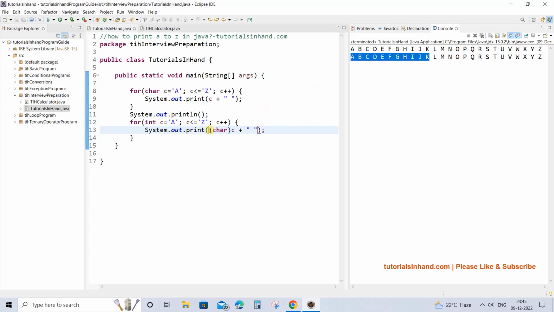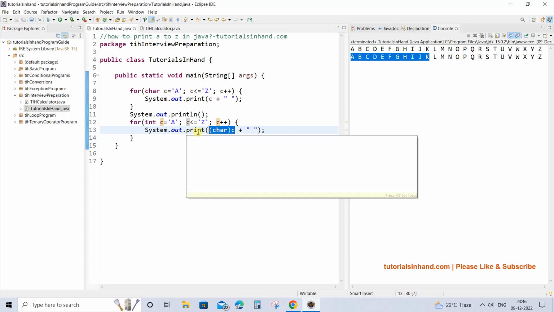This is because we have converted each ASCII value to its respective character value. The character for 65 is A, and thus we see A, B, C, D, and so on, as the value goes on increasing from 65 to 66, 67. So it prints A, B, C, D, E, F, and so on, right?